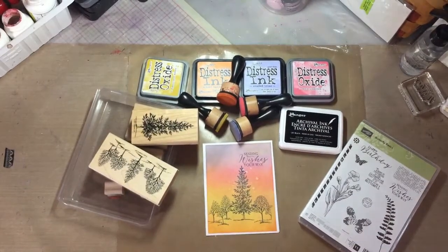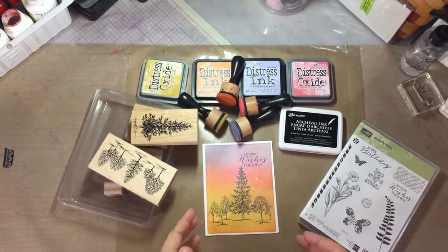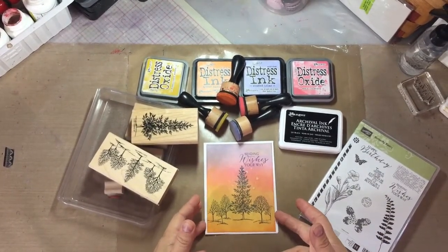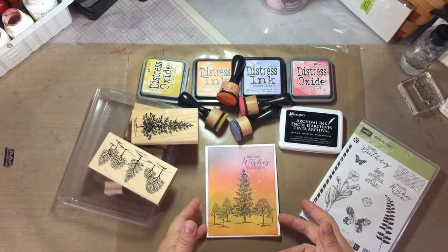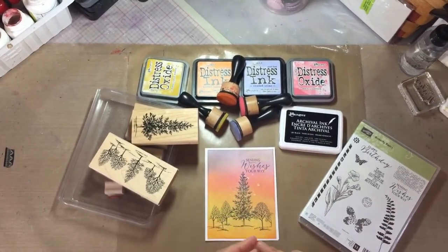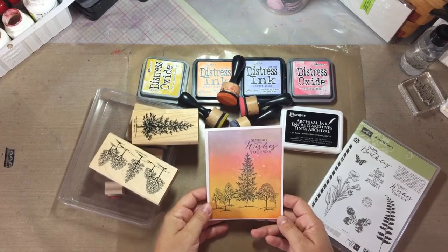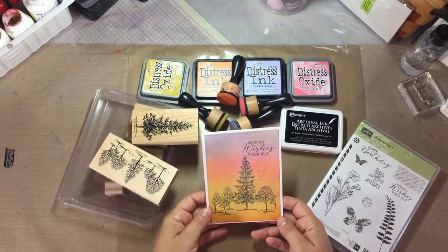Hi everyone, this is Erin from Sandpaper Road, and that little window of time when your little ones are sleeping can be a great time for making crafts. Sometimes you think, oh, I could be cleaning the house or getting dinner ready or doing all these other things, but taking the time to make a beautiful card like this doesn't take very long at all. You might just have to set up a couple different nap times